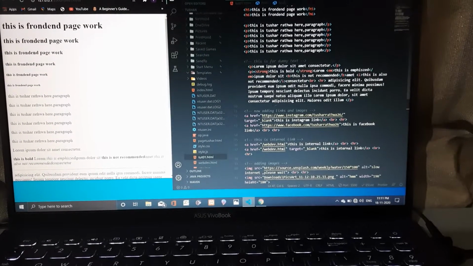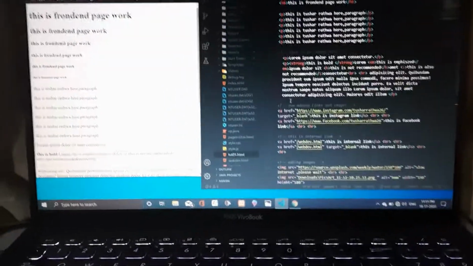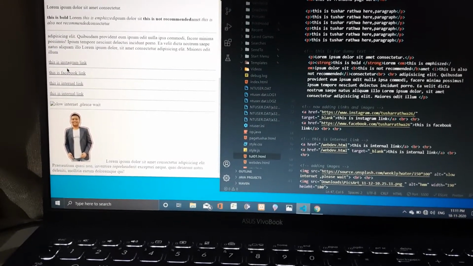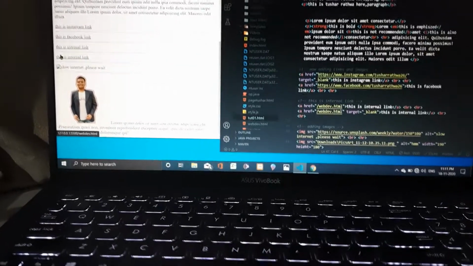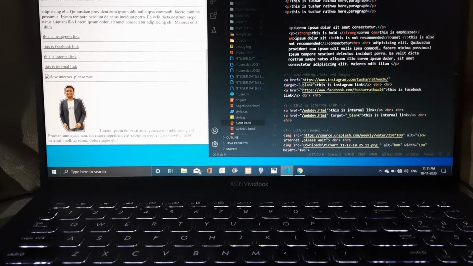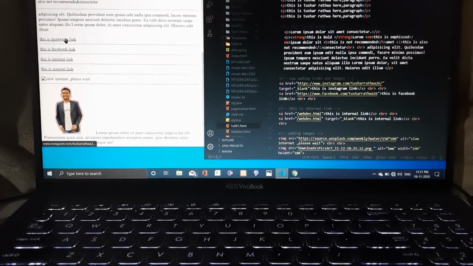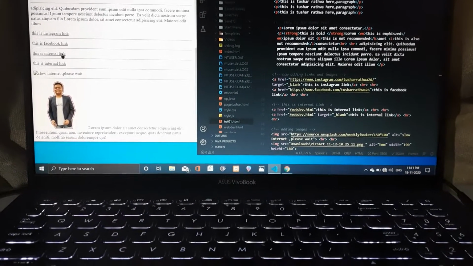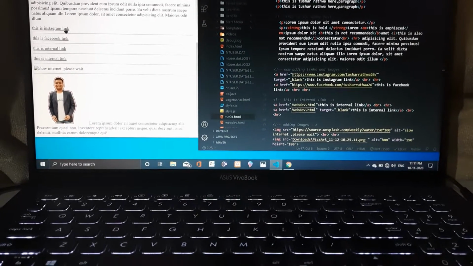So now I have added some links and images to it. So this is the link, wait a second. Yeah, this is the link. This is the Instagram link, Facebook, internal links. So that's what I have added, internal links. And in Instagram, what I have added is the target. What target does is that you click the link, and it pops open another tab over here. So this link, that's what it does. Target adds another tab over here.